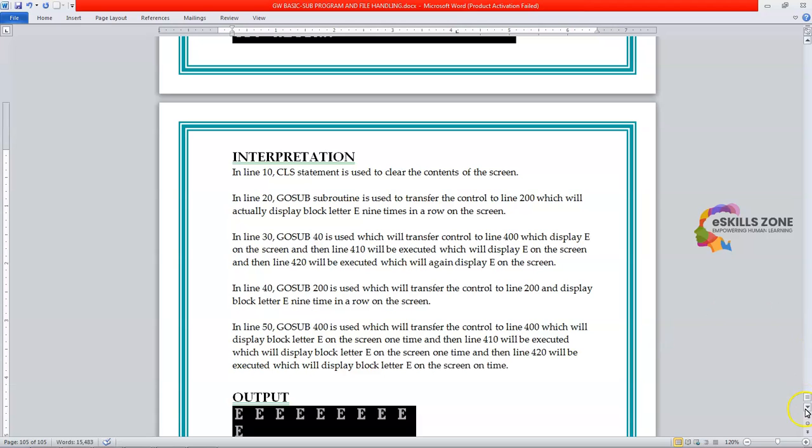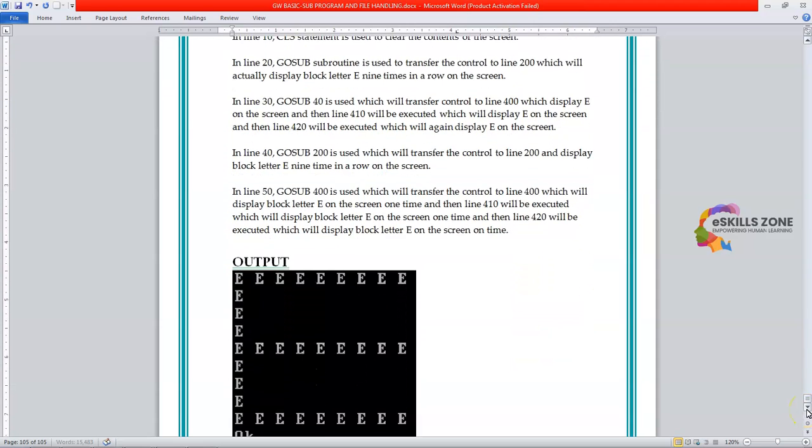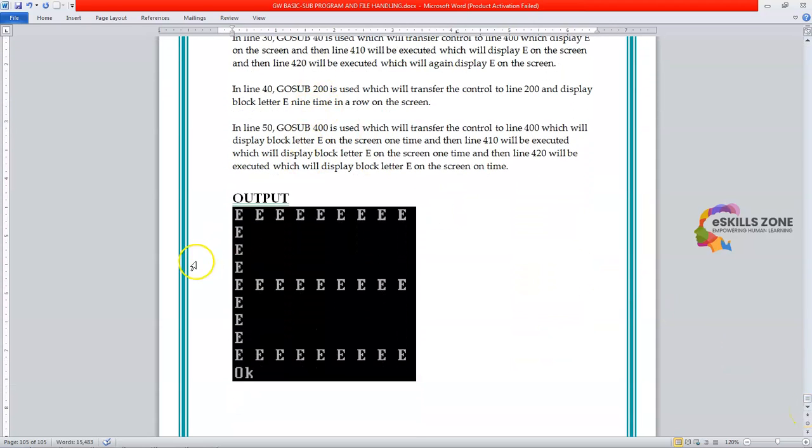So you can see right after that, line 40 GOSUB 200 was used, which displayed E's on